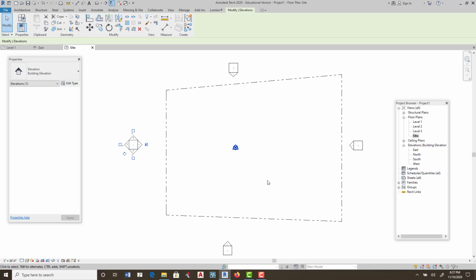Okay, good. Now, I've got my site plan. Now I have to figure out which way my highest and lowest landforms are going to go. Is it going to go from high to low here? High to low here? You decide. So I'm going to have my house on this part and move it down to the